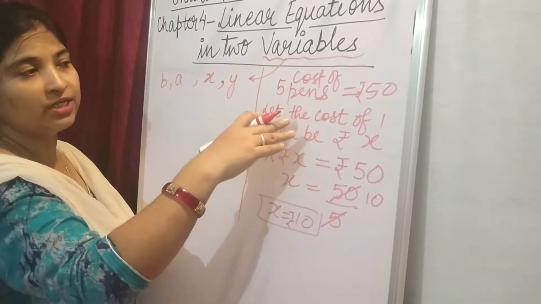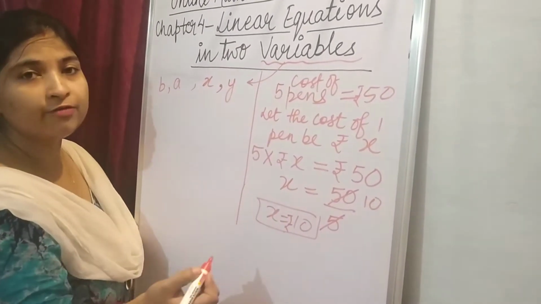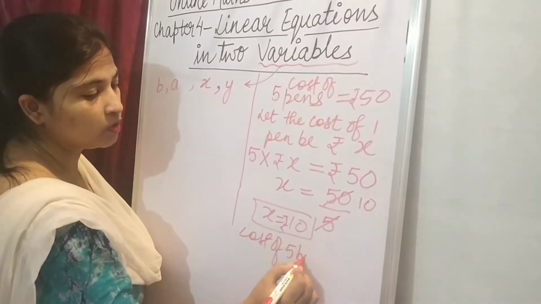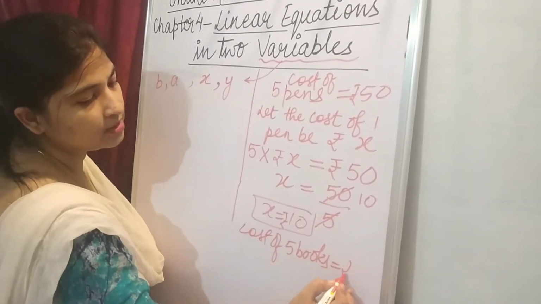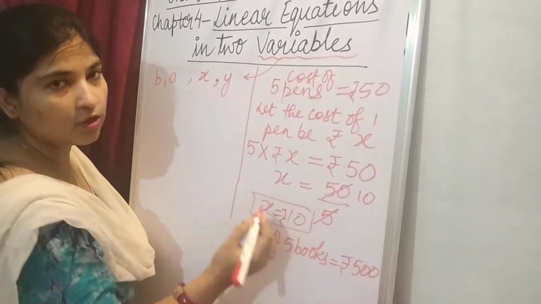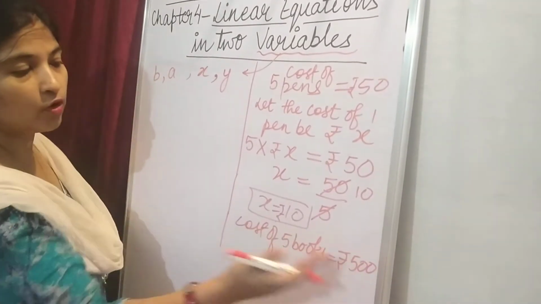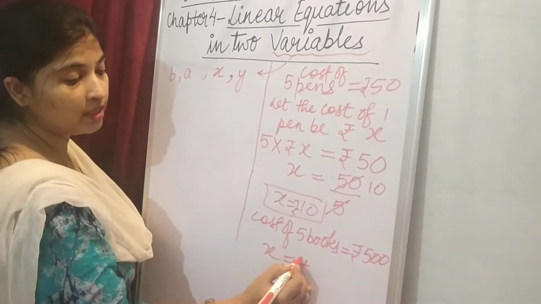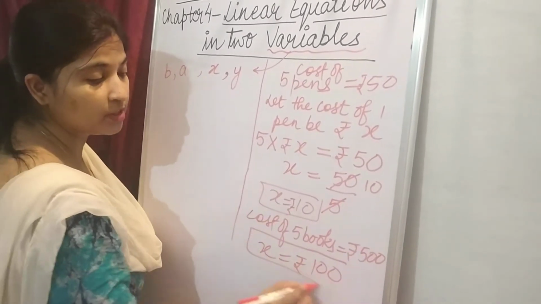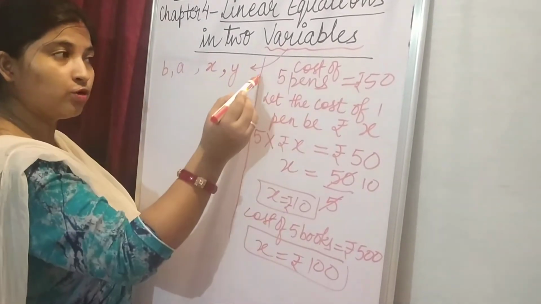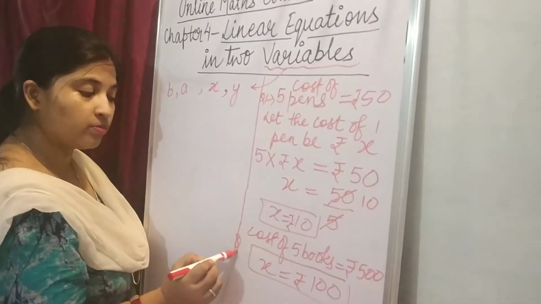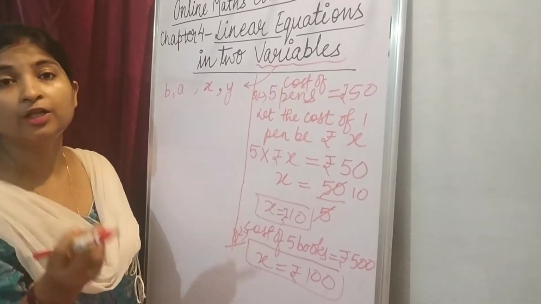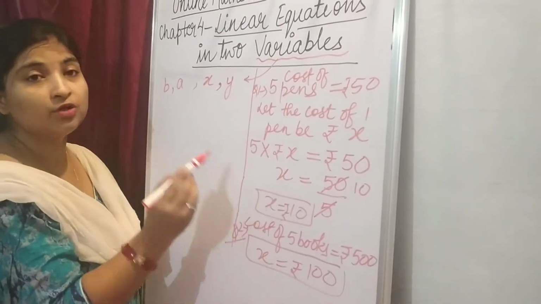If I change this case to the cost of 5 books, if I am saying the cost of 5 books is rupees 500, then what will be the cost of 1 book? It will automatically be 100. So here again if you assume x, then x will be rupees 100. So can you see that the value of x in question number 1 and the value of x in question number 2 has changed? So this x is called a variable, the value which can change itself. Actually we are using the variables.